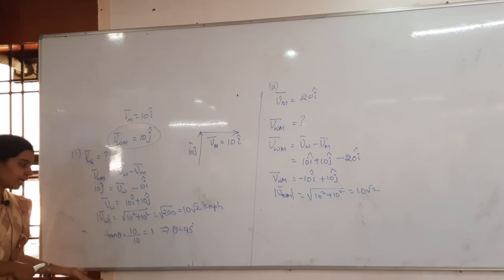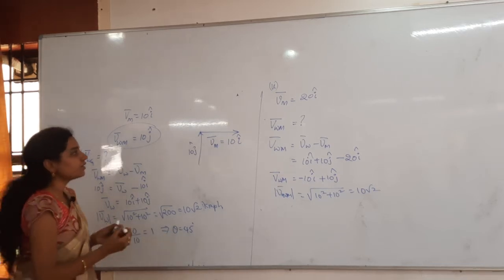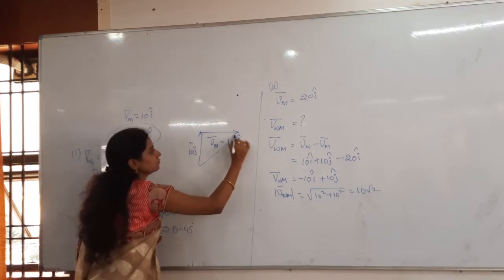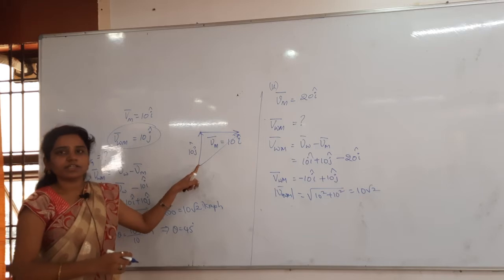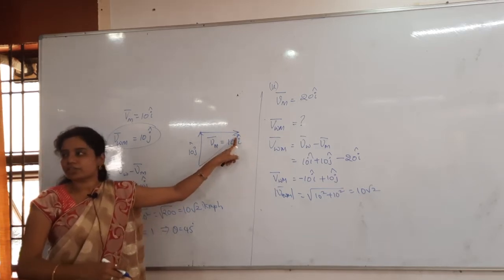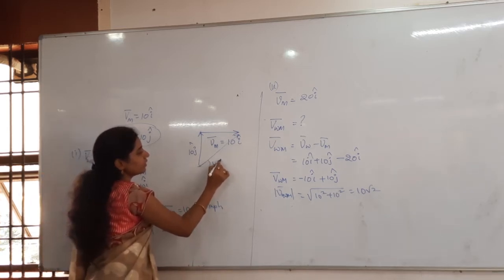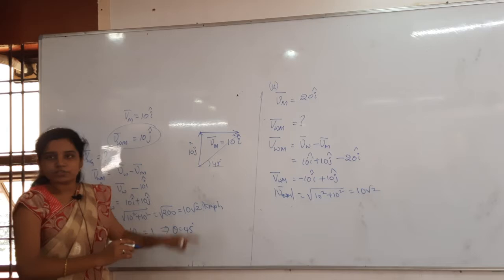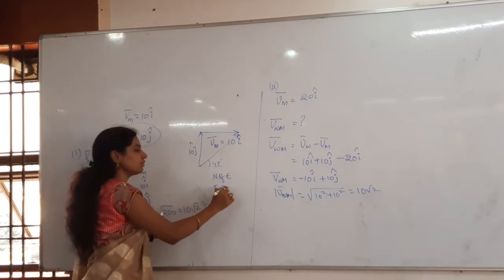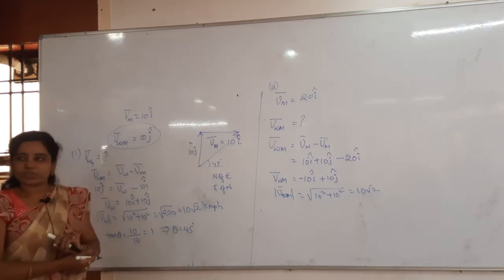If you want to find the direction, then theta is equal to how much? 45 degrees. From where to where will you get 45 degrees? In this direction. Tail of the first vector to the head of the second vector. Okay. So in which direction is it? 45 degrees, either you can take this angle or that angle. So what can I write this as? North of east, otherwise east of north. Anything you can consider. Now the angle is 45 degrees.